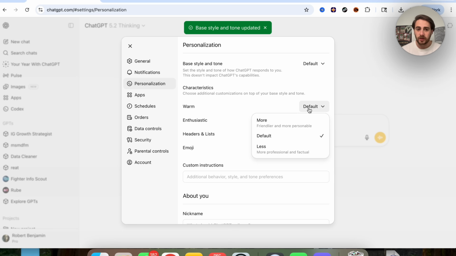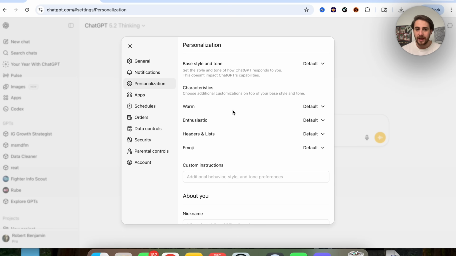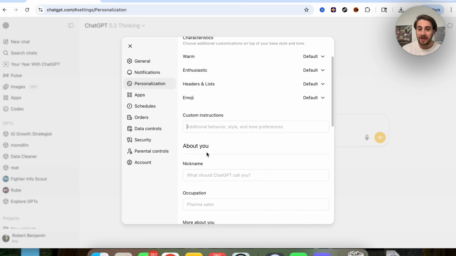When it comes to characteristics, Warm, I always put less. Enthusiastic, I actually always put less. Headers and lists, I always put more. And emojis, I always put less. And then you could add in other custom styles and instructions here. For example, if you wanted it to be very brief, or if you wanted to always double check everything, or if you wanted it to always ask you follow-up questions, you could specify that right here inside of custom instructions